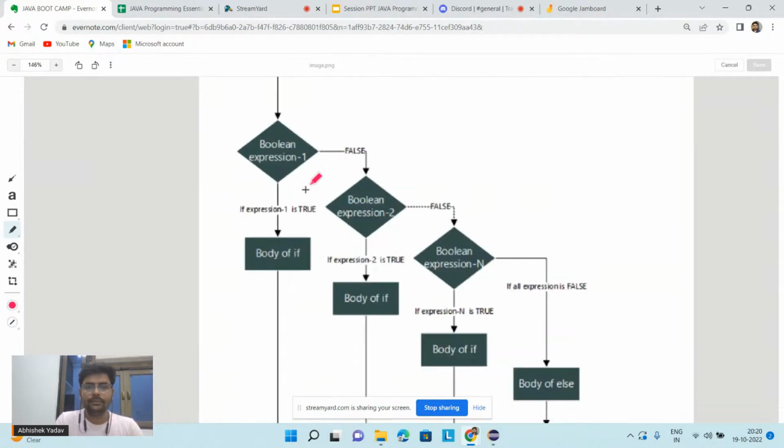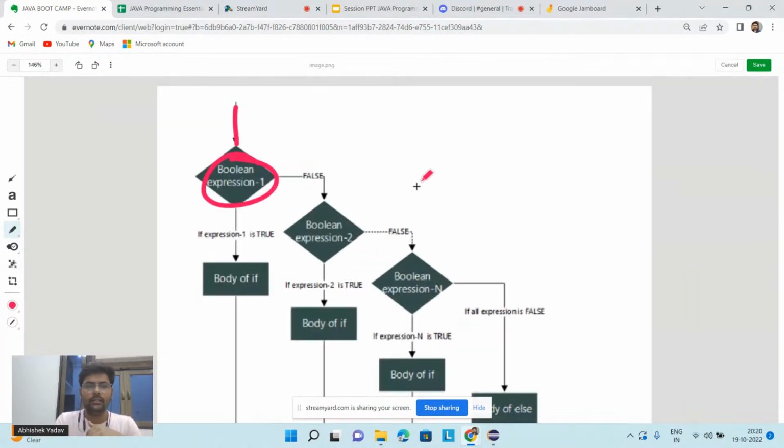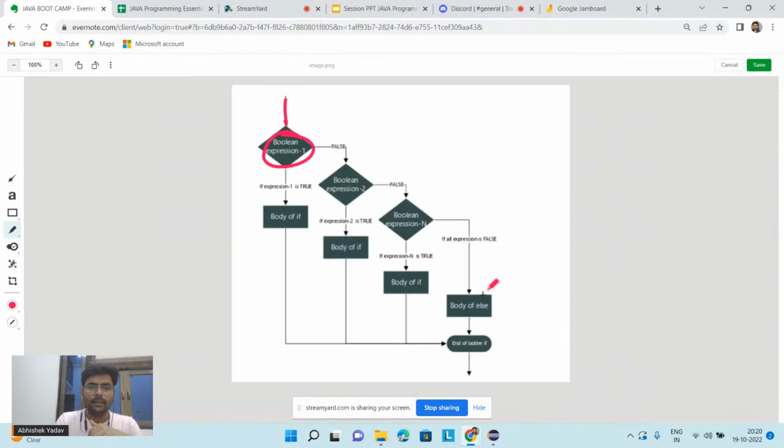So here you can see, I am here. I will check the first expression. I will check the first condition. If the first condition is true, what I will do? I will execute the body of if, and after executing the body of if, I will not execute the remaining else if conditions. I will move to the end of the else if ladder. And if the first condition is not true, then we will go to the second